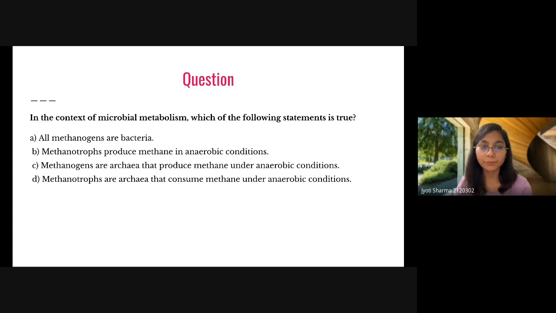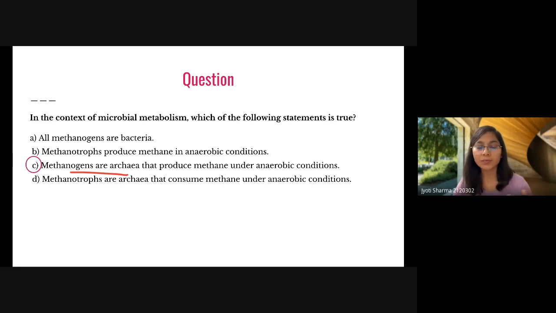Anyone? Okay. So we have learned, right? Methanogens will produce methane. Methanotropes will utilize methane. And if they are producing methane, there must be anaerobic condition, right? So methanogens are archaea. These are archaebacteria, and in a previous week we already discussed the difference between archaebacteria